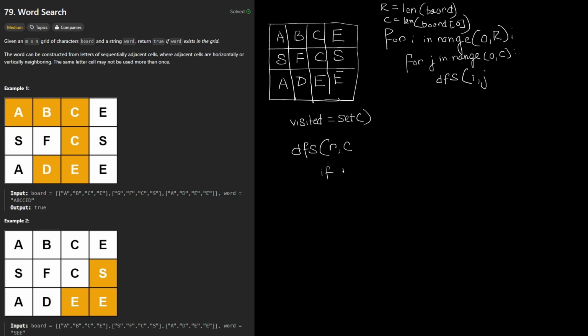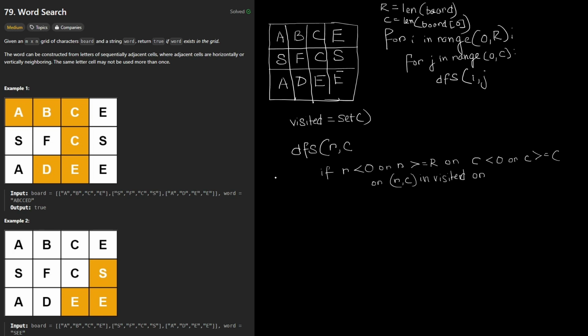If the current row is less than 0, or the current row is greater than or equal to the capital R, or the current column c is less than 0, or the current column is greater than or equal to the length of the column, or R and C is already in visited,